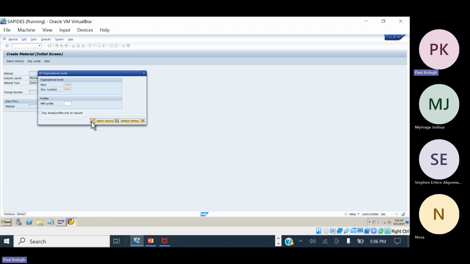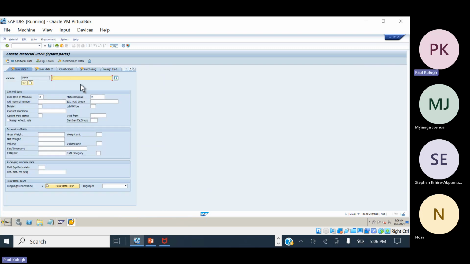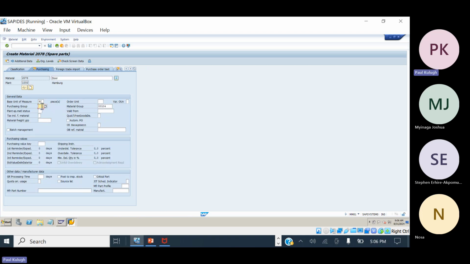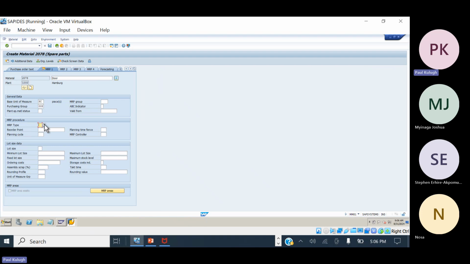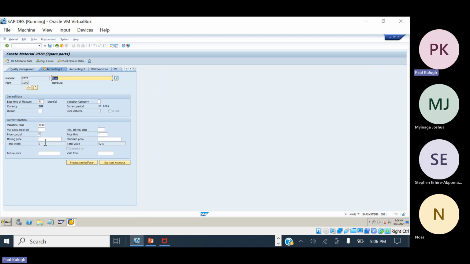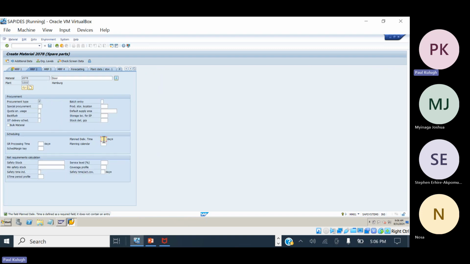So for now, that's not much of our headache. We're just trying to get these materials ready in the system. So the purchasing group, which is the buyer, the MRP type, sorry, I'll prefer to use ND. Then the moving average price. So this is the first price, the first cost of the material that you are maintaining here, based on maybe